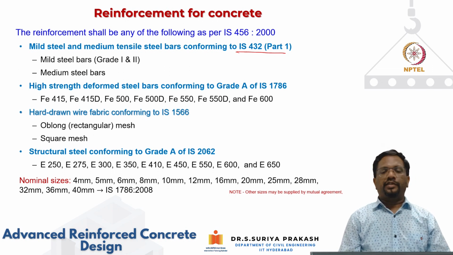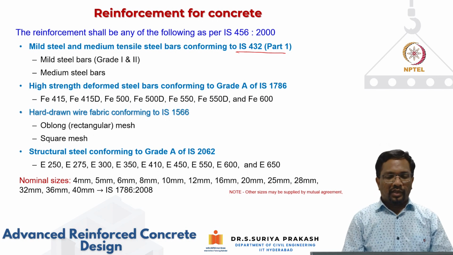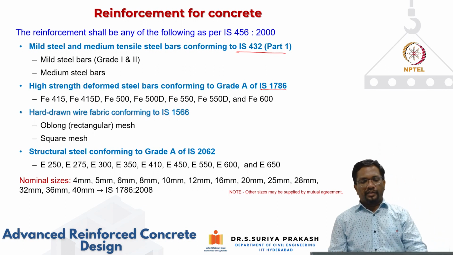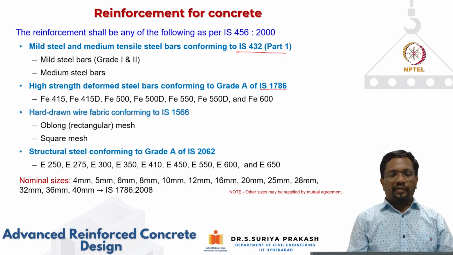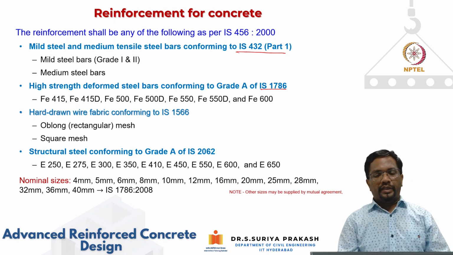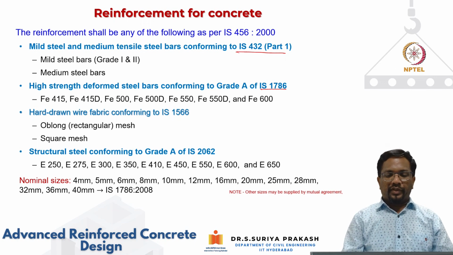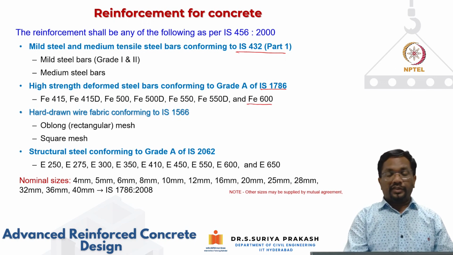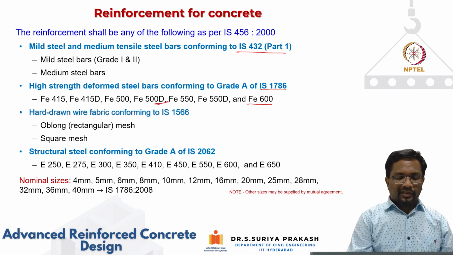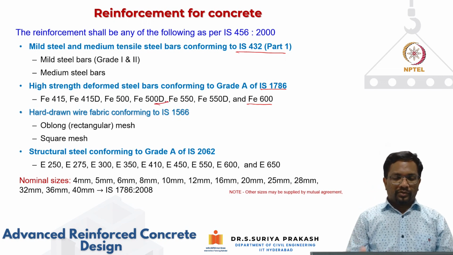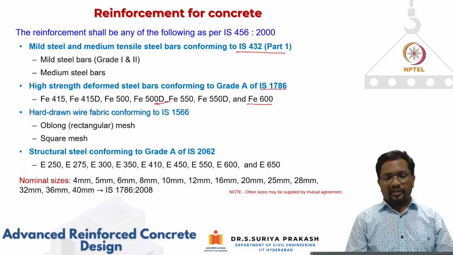Then high strength deformed steel bars, which conform to grade A of IS 1786. We now have multiple grades available: FE415, FE415D, FE500, FE500D, FE550, FE550D, and nowadays FE600 is also available in the market. The letter D stands for ductile design,